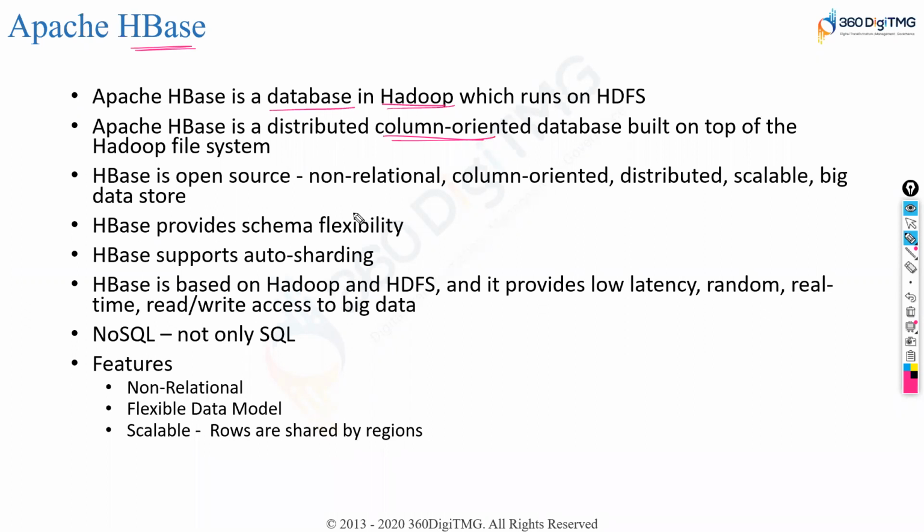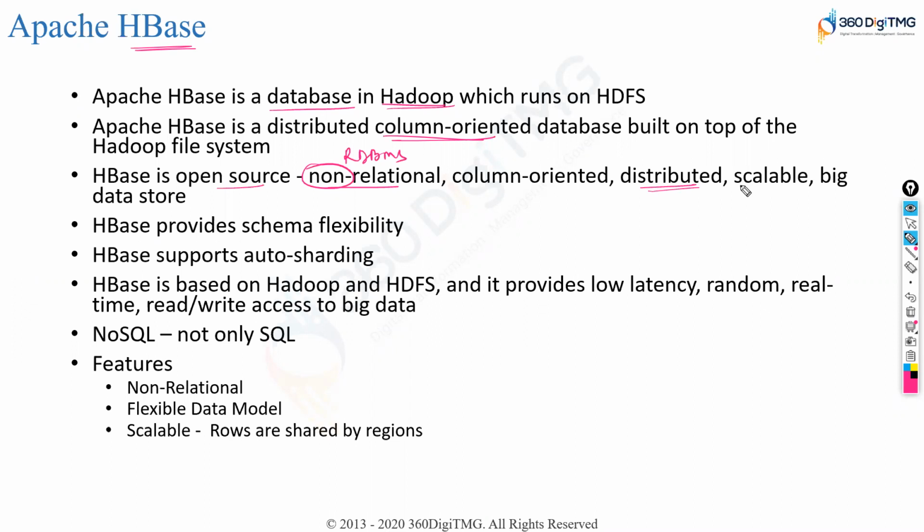We deal with columns in HBase, remember that. And of course, it is open source, it's free. Okay, and it is a non-relational database. Your traditional systems, we call them relational database management systems. But HBase, we call it non-relational. That means between tables, there may or may not be relations. You don't have to have relationships between tables. Right? Then we have column-oriented.